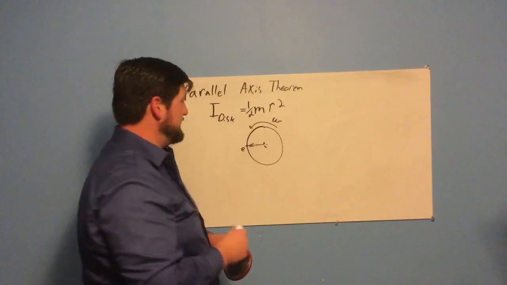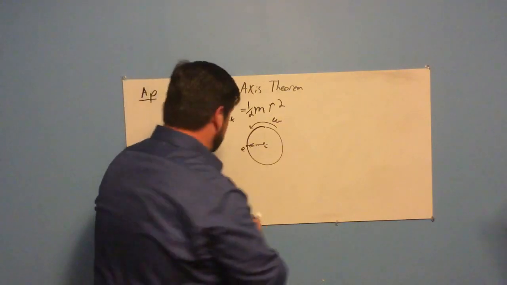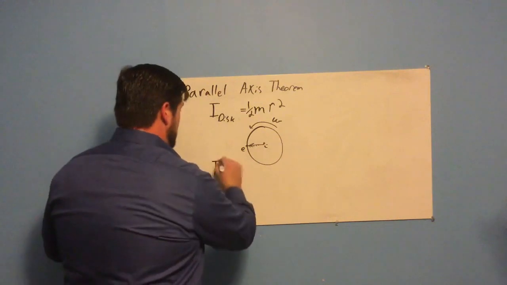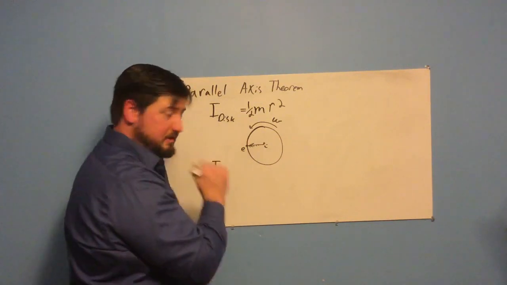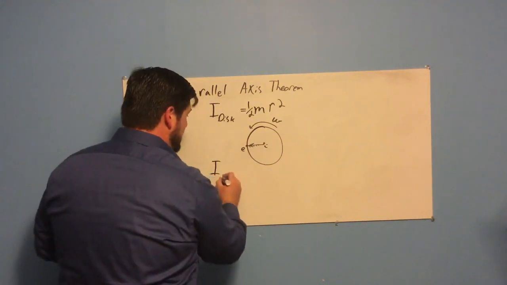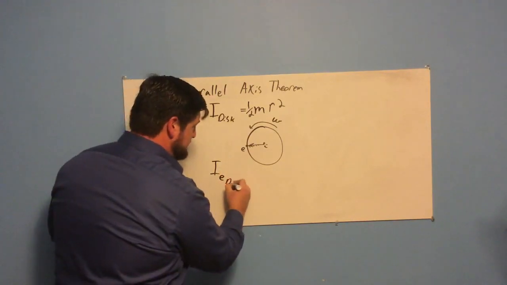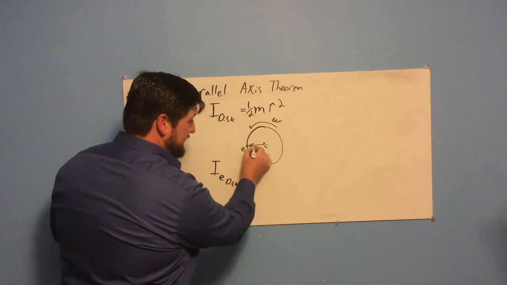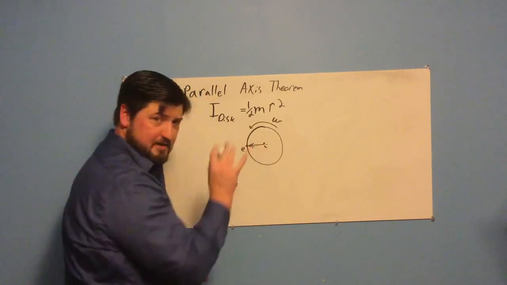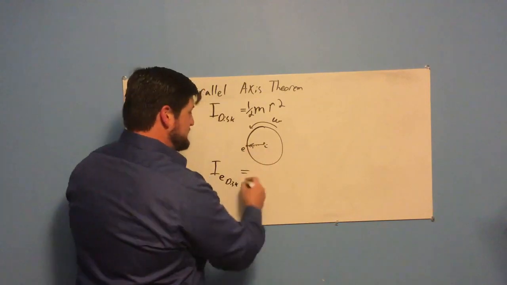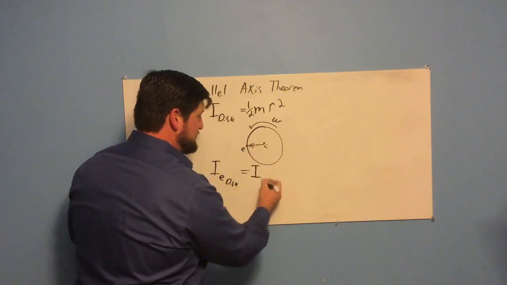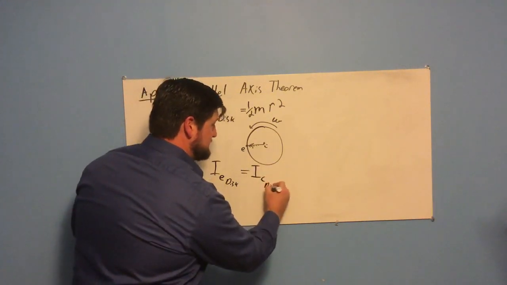And how do we figure that out? Well, here's how you do it. So for a disk only, the moment of inertia for the edge, I of E, of a point on a disk, or for really any point out here, you could be here, could be there, whatever, it's going to be equal to the moment of inertia that you had for the center of the disk